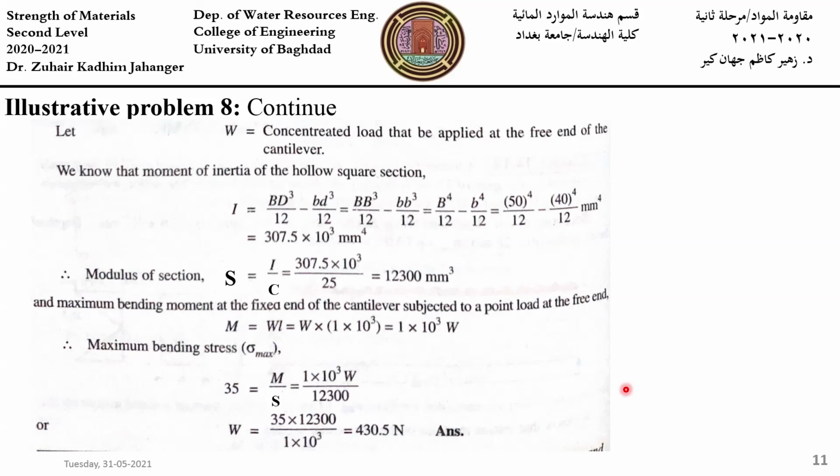So the outer moment of inertia minus the inner moment of inertia. So I equals 307.5 times 10 to the power 4 millimeter to the fourth, and the modulus of section is